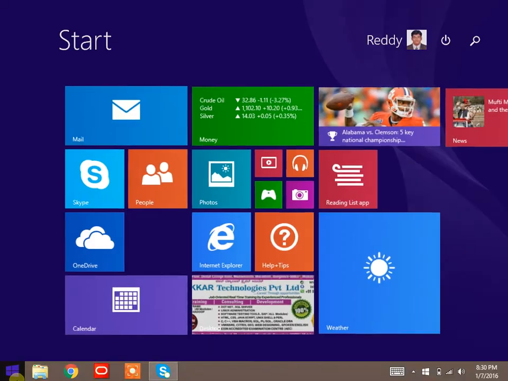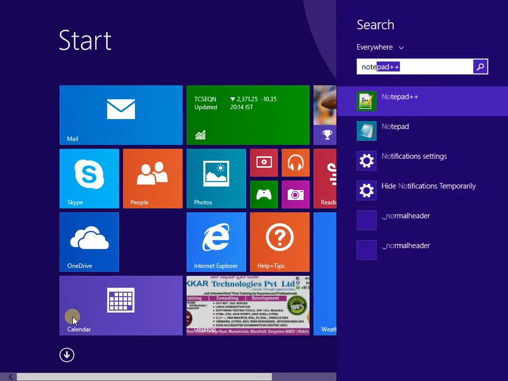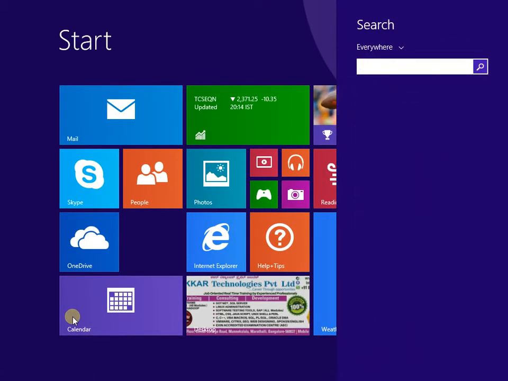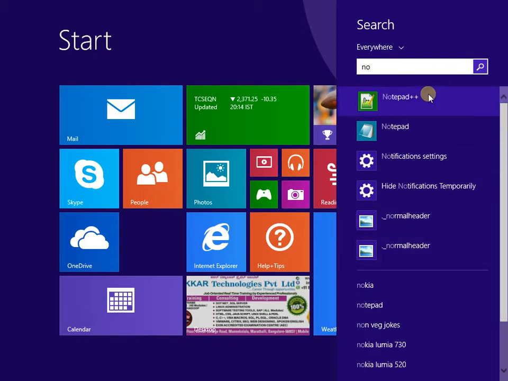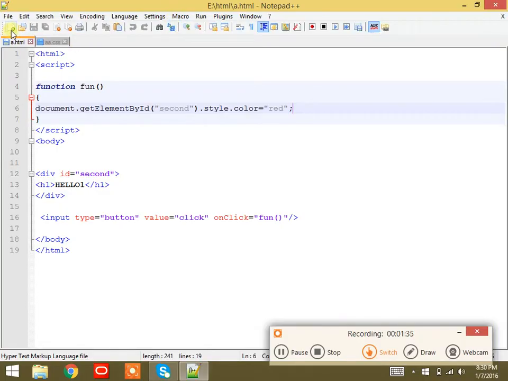Okay. Now we will go for the types of drivers available in JDBC.